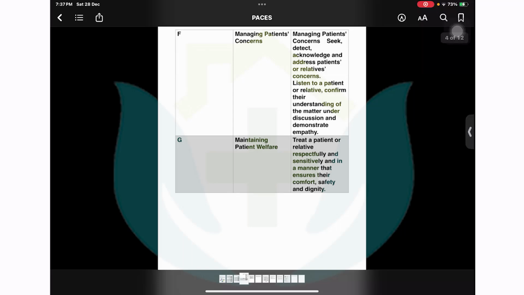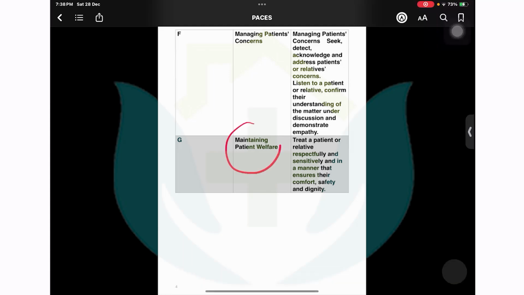Same way, sometimes the patients are very angry, and when you enter the room, they tell you, "Doctor, where were you? I was sitting here for the last 7 minutes, and you were not here." You tell them empathetically, fine, I do understand your concerns, but there was a patient who just arrested in my unit, and I was busy doing CPR, and the patient thankfully has revived. I hope you understand. They are not really angry, but they want to know how you address the situation. So this is important.